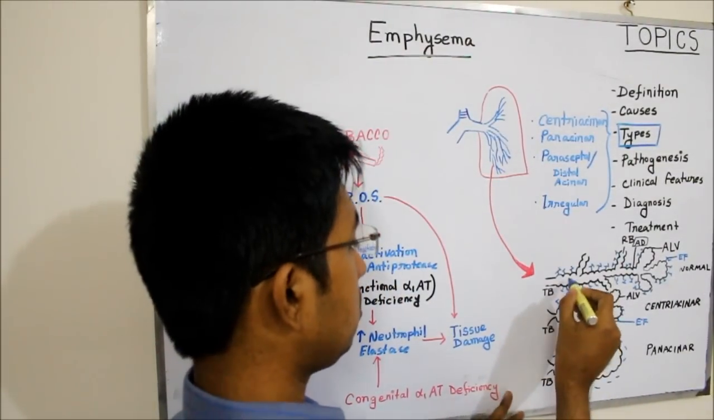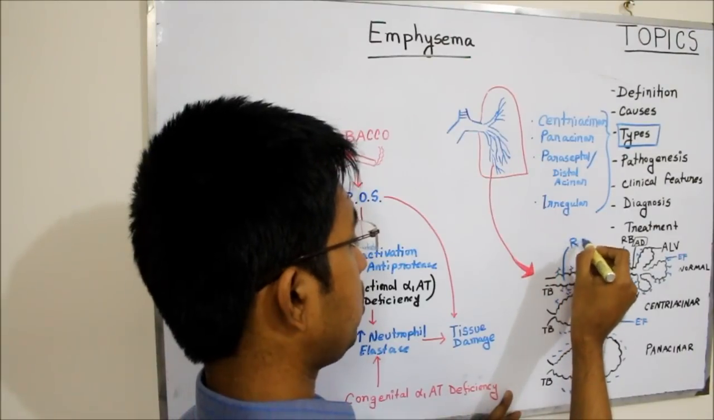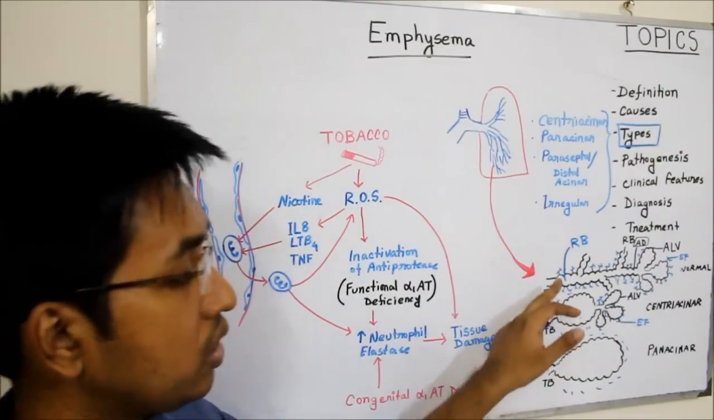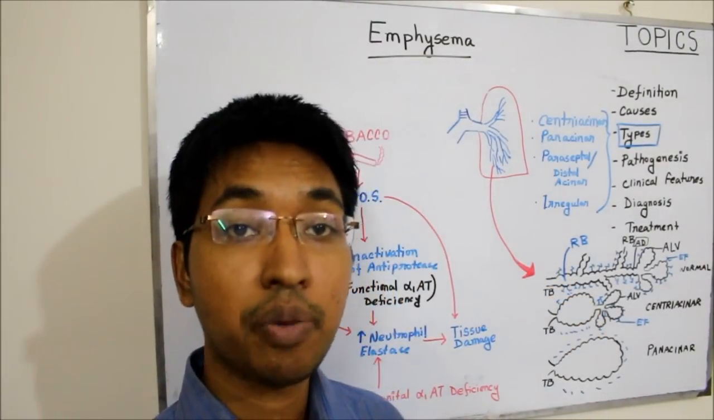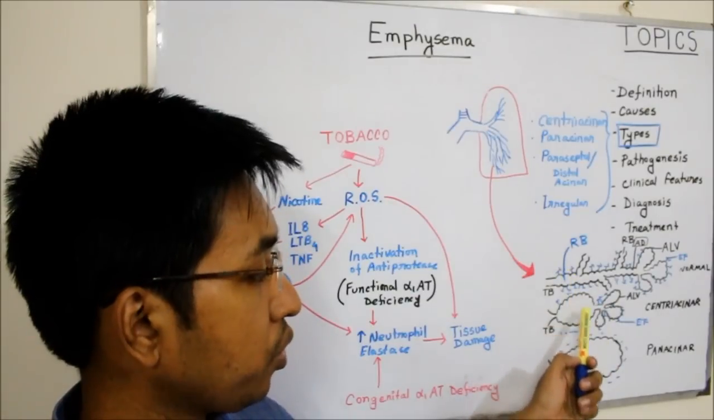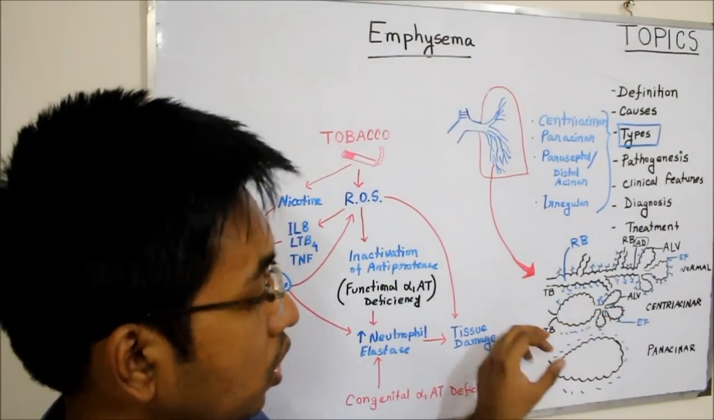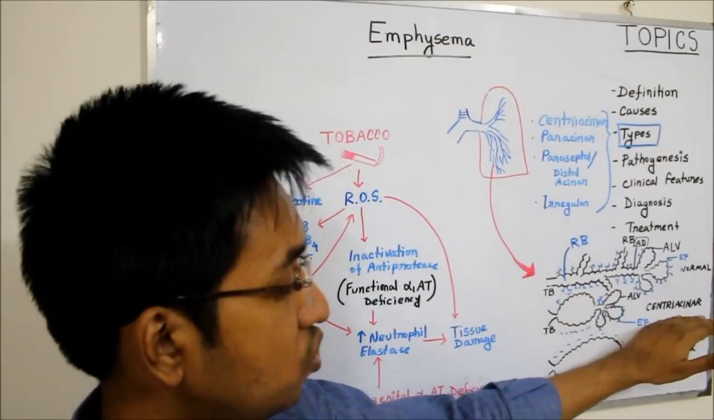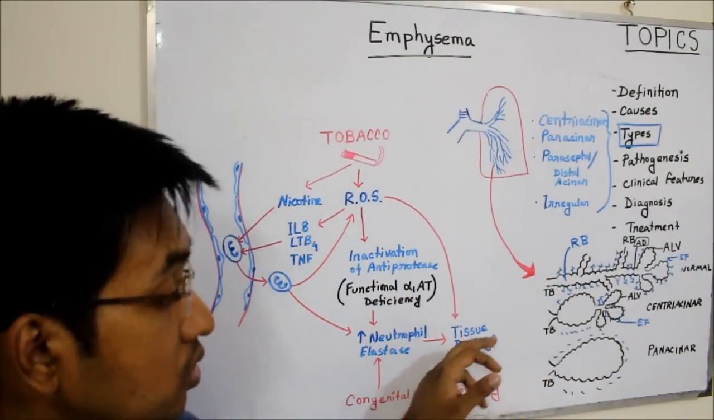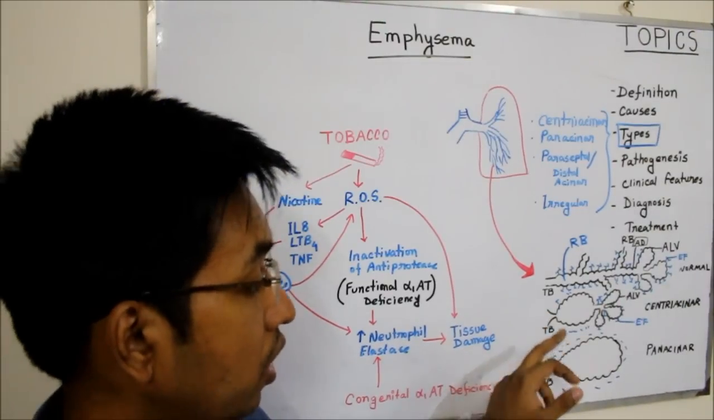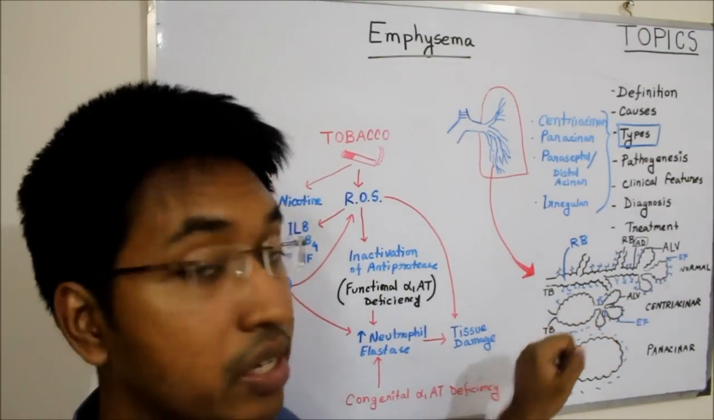Okay, so this is the respiratory bronchiole. So in Centriacinar emphysema, the affected part will be the respiratory bronchiole, as we can see here. So this is the image of Centriacinar emphysema. This is the diagrammatic image, and as you can see, this is the terminal bronchiole, and that enlargement is happening